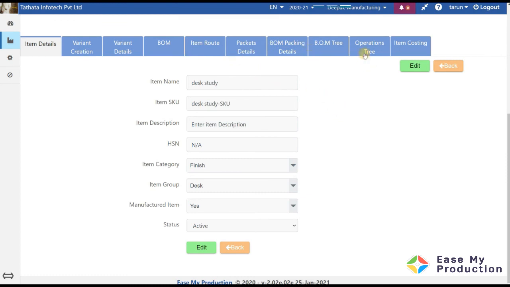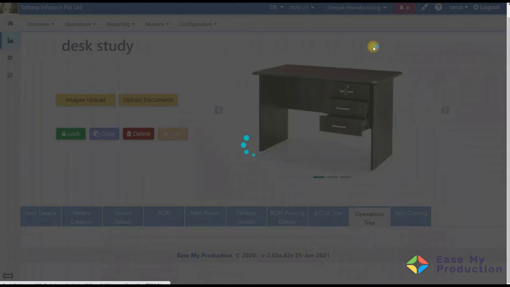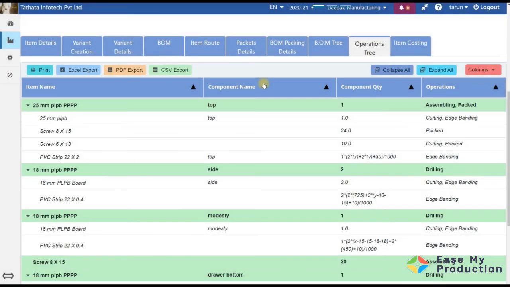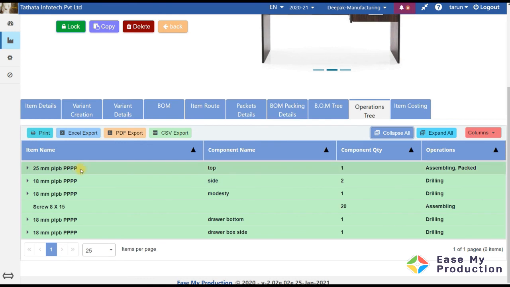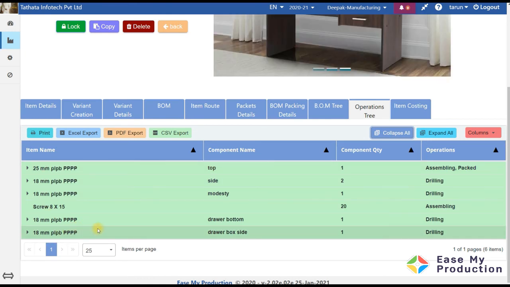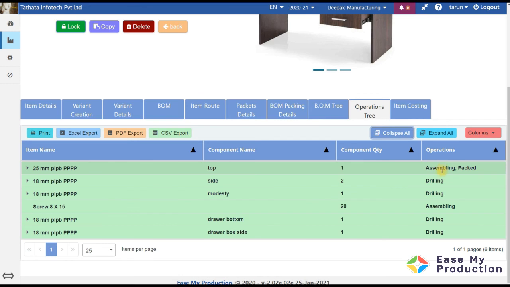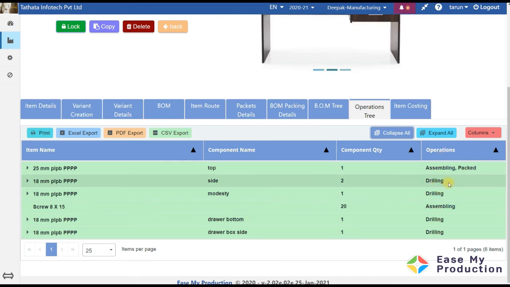Now we go to the operation and see how our operations have been applied. So we first collapse it and see. So these are the items in my BOM, and here you see we have defined this. Drilling is appearing but assembly is not appearing. So let us check again.